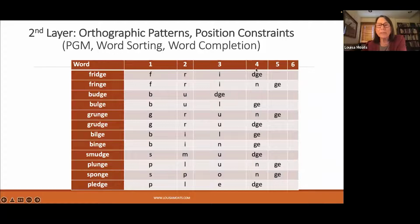We'd be able to have them look at all the DGE words and say, when do we use DGE? What kind of sound precedes DGE in every case? And they should be able to say, well, that's a short vowel spelled with a single vowel letter, and that's when we use DGE. On the other hand, when do we use GE? When it's preceded by a consonant. And in this case, these examples have the consonant N. There are also examples with consonant R and the consonant W. Okay, so then having done that,